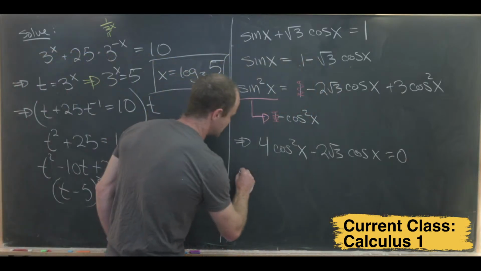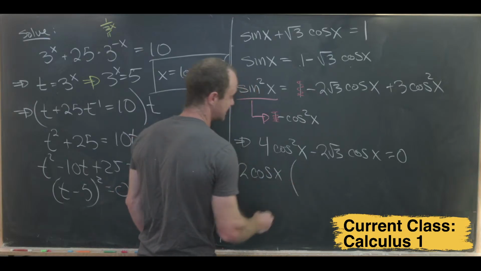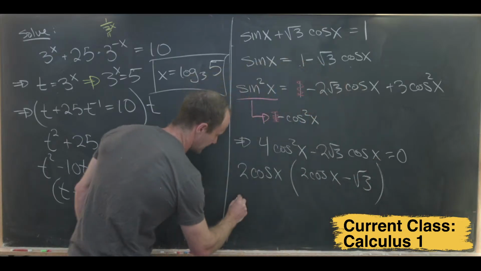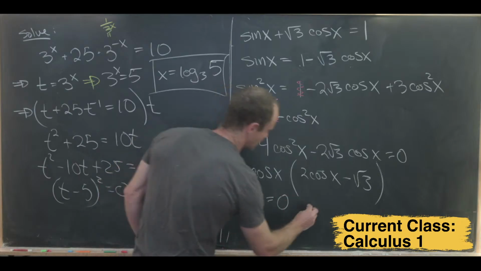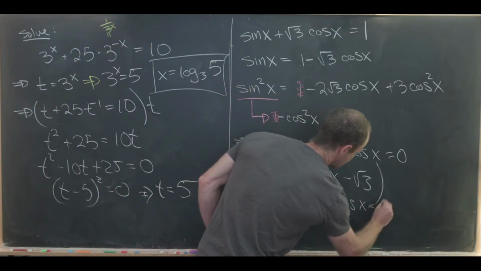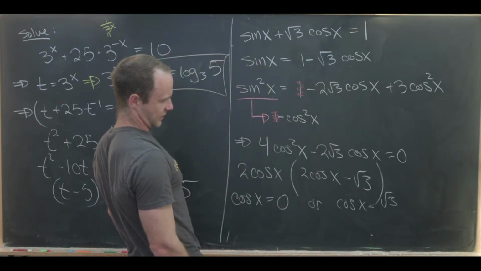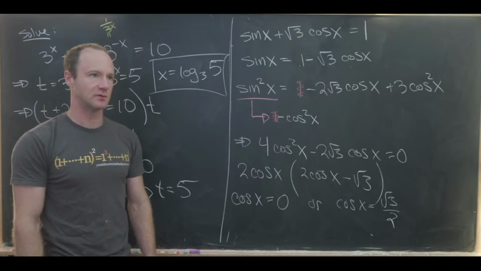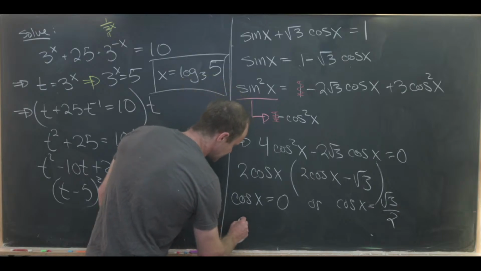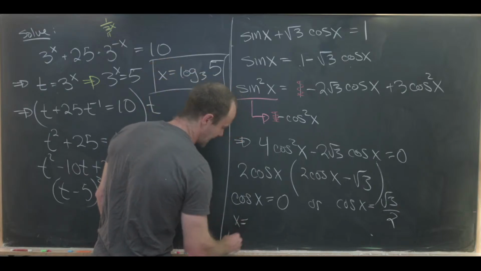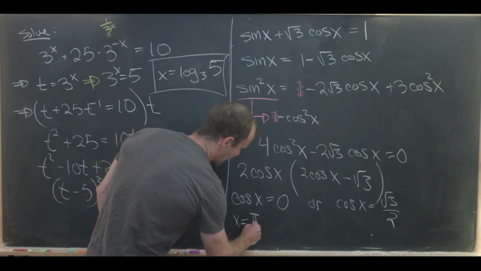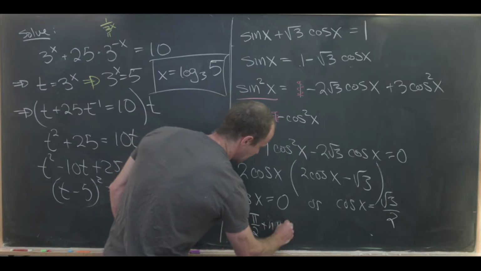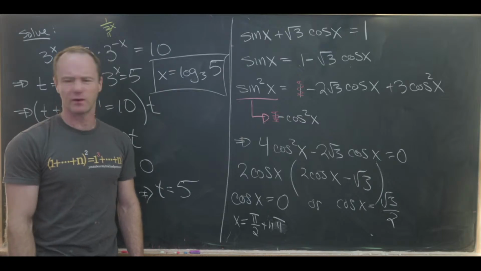Now we can factor a 2 cos x out of this, leaving us with 2 times cosine of x minus the square root of 3. Which tells us that cosine of x equals 0, or cosine of x equals the square root of 3 over 2. So cosine of x equals 0 at half integer multiples of pi. So this is going to be x equals pi over 2 plus n pi. And then cosine of x equals the square root of 3 over 2